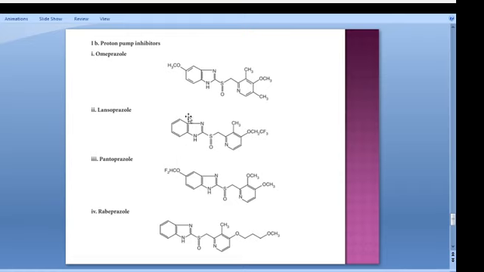You can see all the structures have benzimidazole derivatives. It is separated by a thio group, and the fusion happens at the sulfur. The thio group is attached here, right? Mainly all these drugs we are using for gastric ulcers, Zollinger-Ellison syndrome, and hypersecretory disorders. Okay,